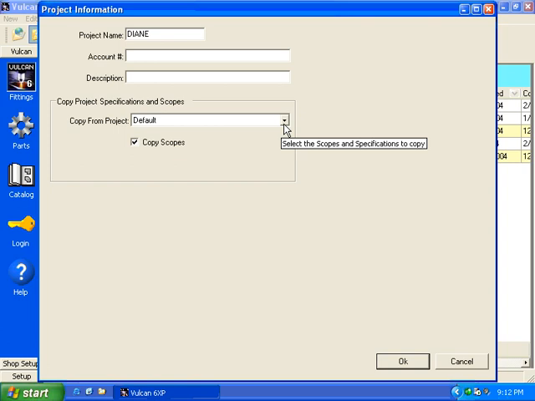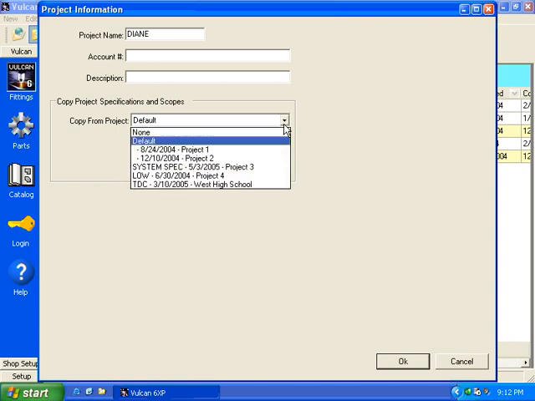Do you want them to come from the default that we just talked about a second ago? Do you want to start out with a clean build, no pressure files at all, no specs, which means none, or do you want to copy it from an existing project? If you gave that spec name a description, then you'll see that in front of the date. So you can see that Project 4, I gave it a description of low, and Project West High School, I gave it a description of TDC, along with my Project 3, I have called that one System Spec. That's just for your own use, just if you would like to know where that specification was derived from,